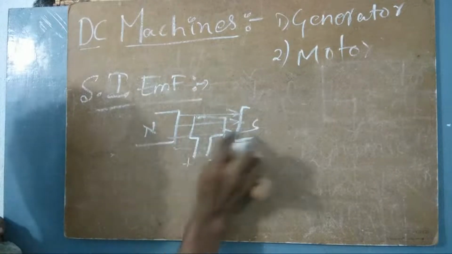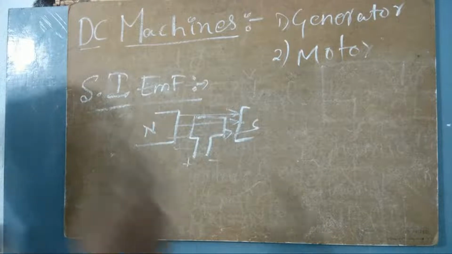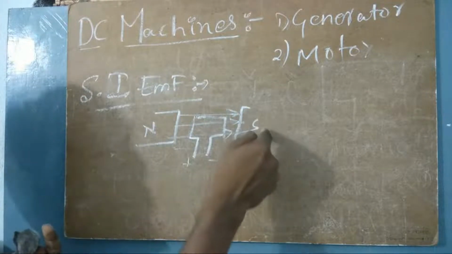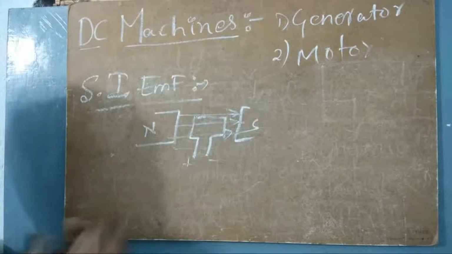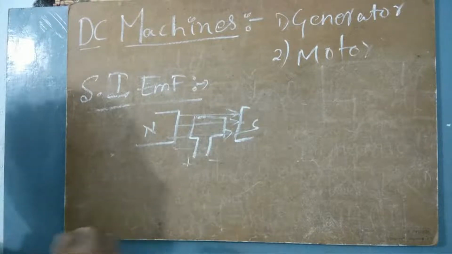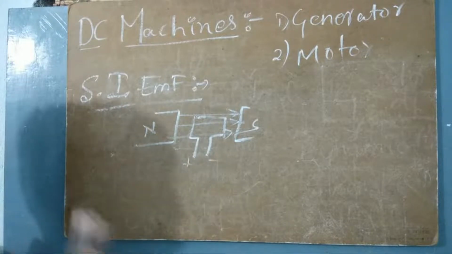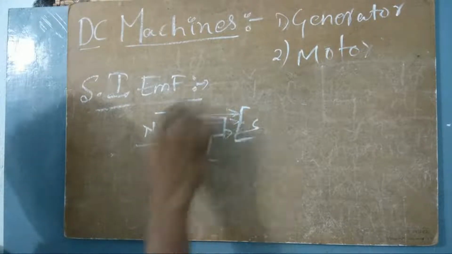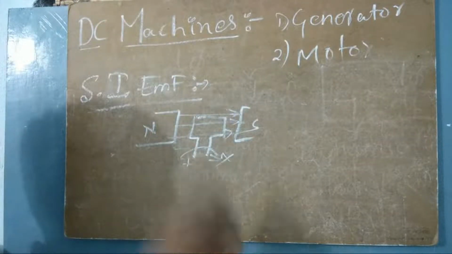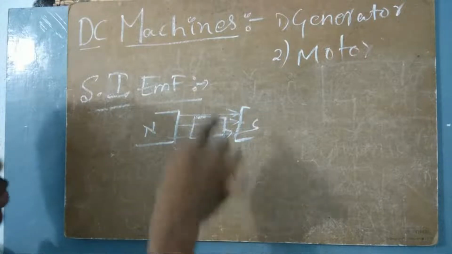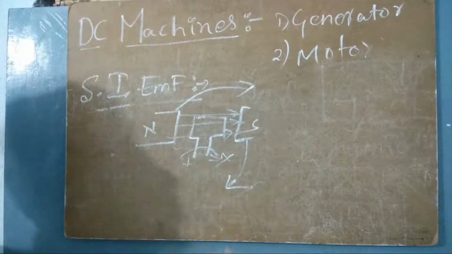One is the north and south pole magnets. Another is one conductor. So there are two components to consider: the magnetic field produced by the north and south poles, and the conductor. Within these two, which is going to be static? I should always take it with respect to the conductor. For example, if the north and south poles are moving, I'm not moving this conductor. I'm not rotating this conductor, so it is not going to disturb the magnetic field. The magnetic field is indirectly going to disturb the conductor. The conductor is at rest.